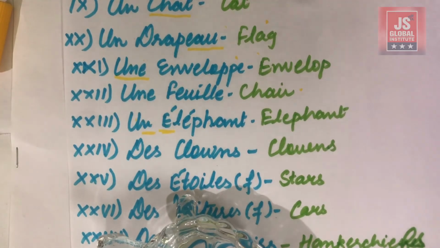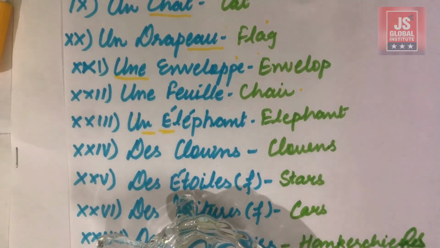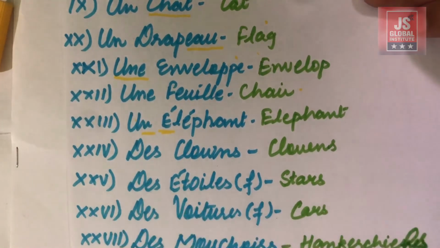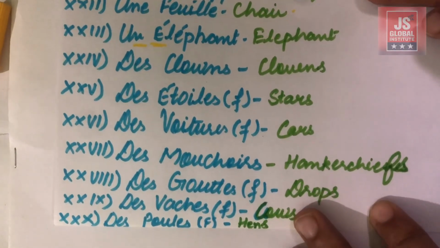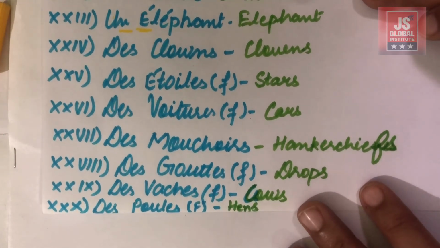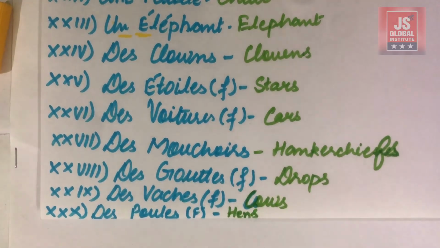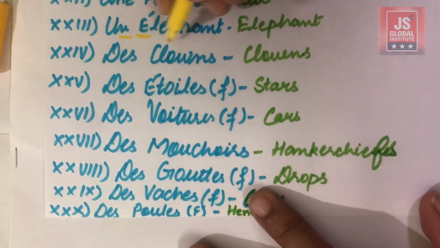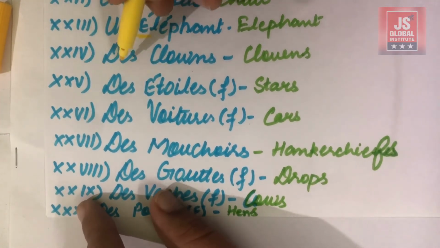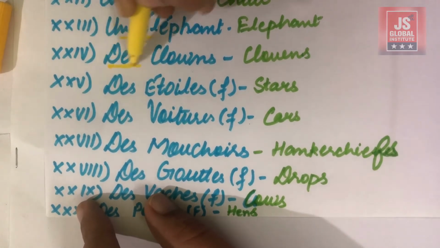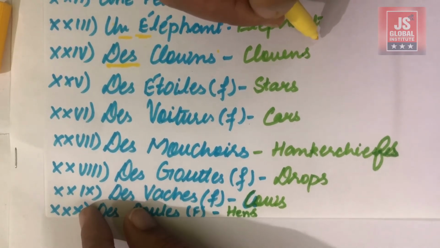Alright, so these were the masculine and feminine kind of things. So now we are going to move towards the masculine plural and feminine plural things. Alright, so you might say them masculine plural and feminine plural in English. So in French they are called pluriel. Alright, so moving on. Des clowns. So as I mentioned earlier, whenever there is masculine plural or feminine plural, you always use des. Alright, des clowns, which means clowns that are basically in circus.